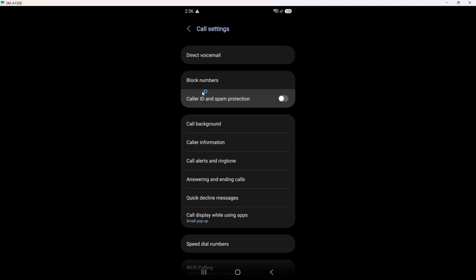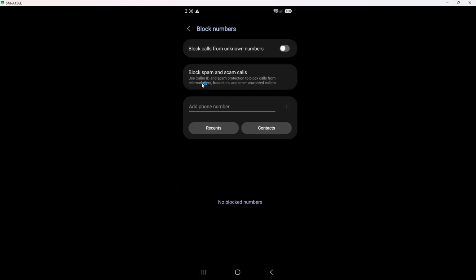This option usually sits near the top of the list on Samsung phones and controls which numbers and senders are prevented from reaching you. When you tap it, you will move to a screen that shows different ways numbers can be blocked. You might see toggles for blocking unknown or private numbers, a list of specific numbers, or both, depending on your model. On the Block Numbers screen, check your blocked list.